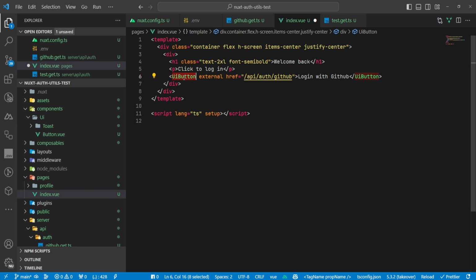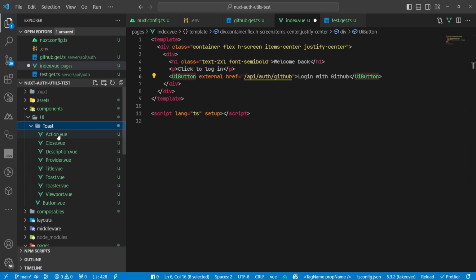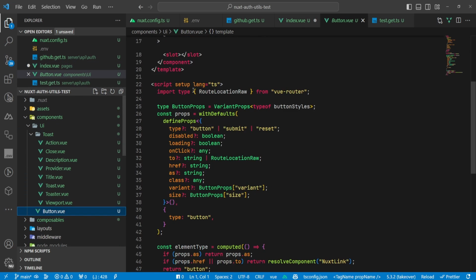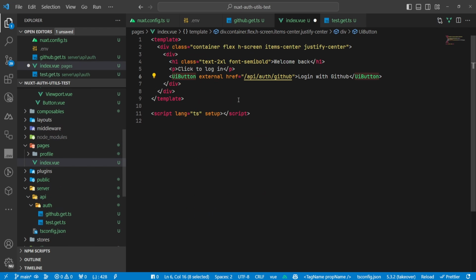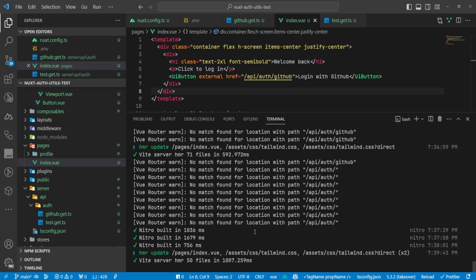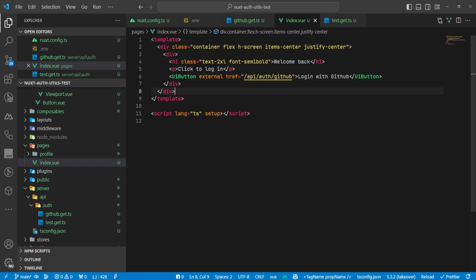The button component actually renders a Nuxt link if the to or href is present. So if props.href or props.to, then it will resolve to the Nuxt link component. And all we have to do from there is add the external flag to it. So if we save this and go back to the browser,